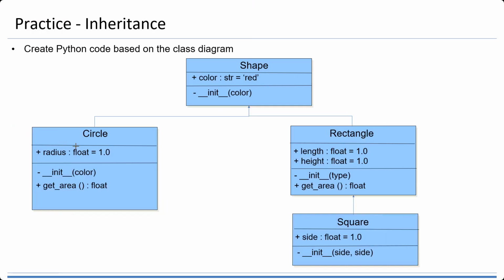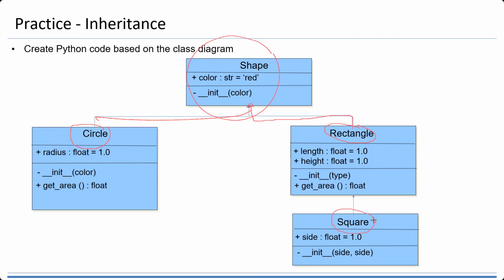In this case, we have shape, and then we have circle. It's easy. The circle will inherit the properties in shape. The rectangle inherits the properties of shape. Now,